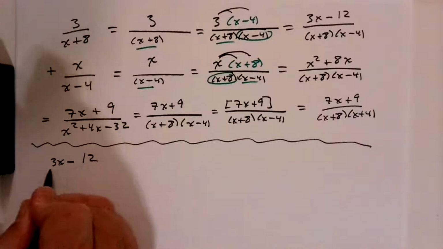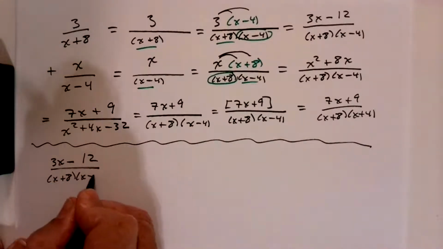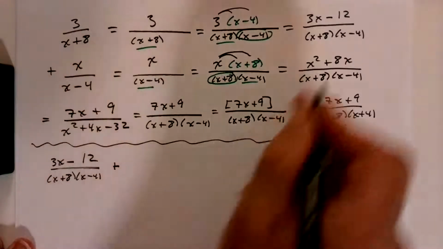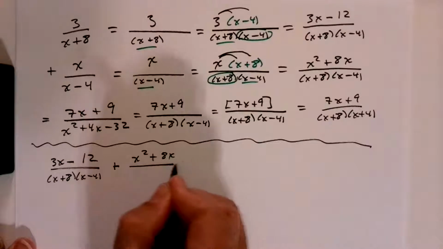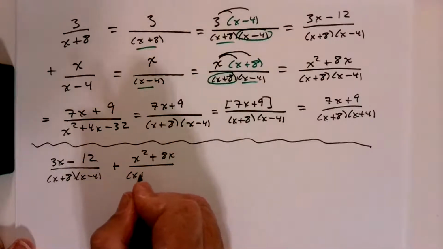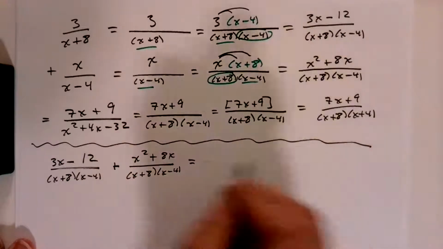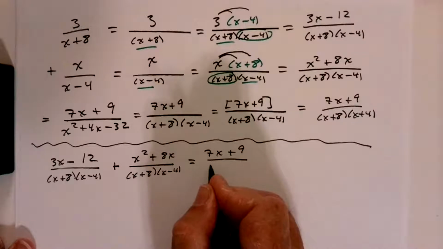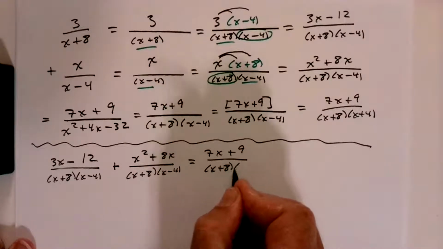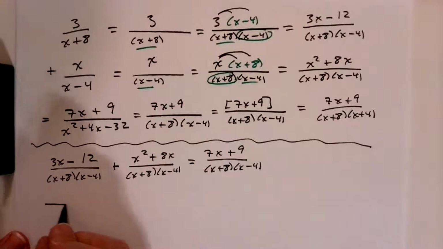(3x - 12) over that common denominator, (x + 8)(x - 4), plus this fraction, (x squared + 8x) over that denominator (x + 8)(x - 4), equals (7x + 9) over (x + 8)(x - 4). So if that's the case, I can write a single fraction here,